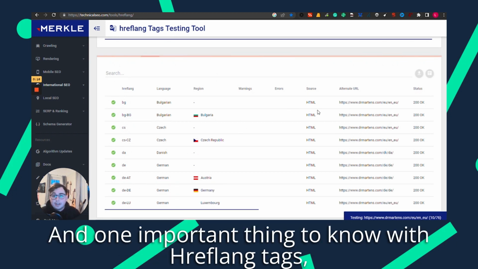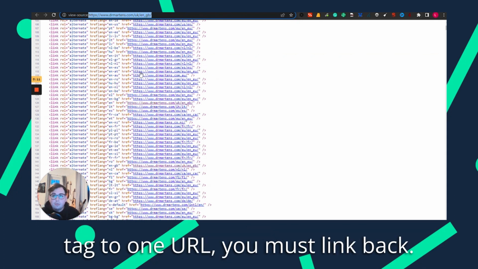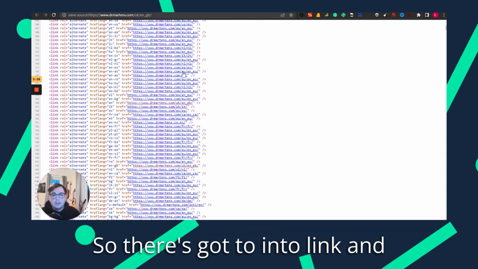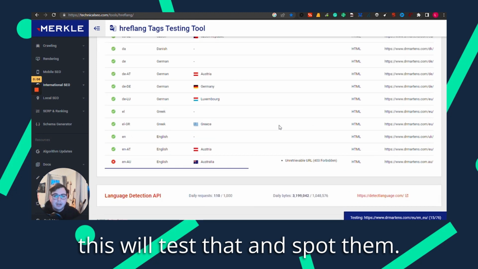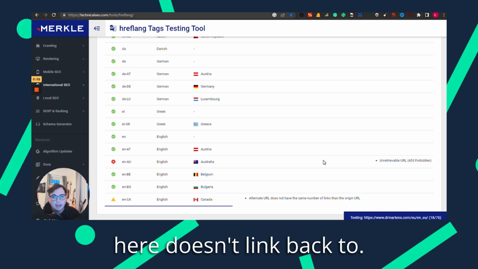And one important thing to know with Hreflang tags: if you are linking with a Hreflang tag to one URL, you must link back. So they've got to interlink, and this will test that and spot them. So for example, the Australian one here doesn't link back to